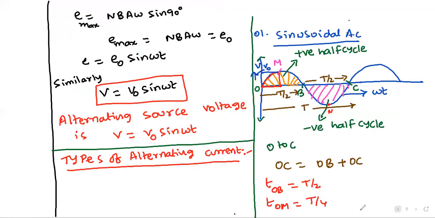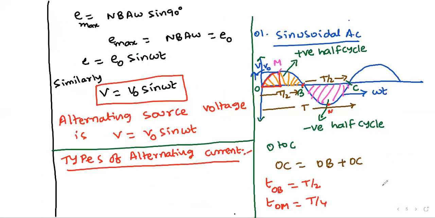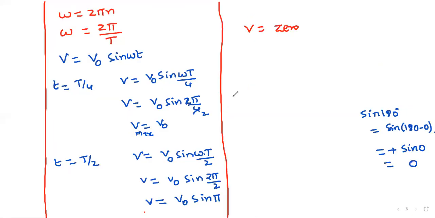You can see in the graph at T by 2 here. Like that we need to find the value for every point, 3T by 4, 2T, and so on. So the first form is the sinusoidal form. This one is completed. Next, the second one is